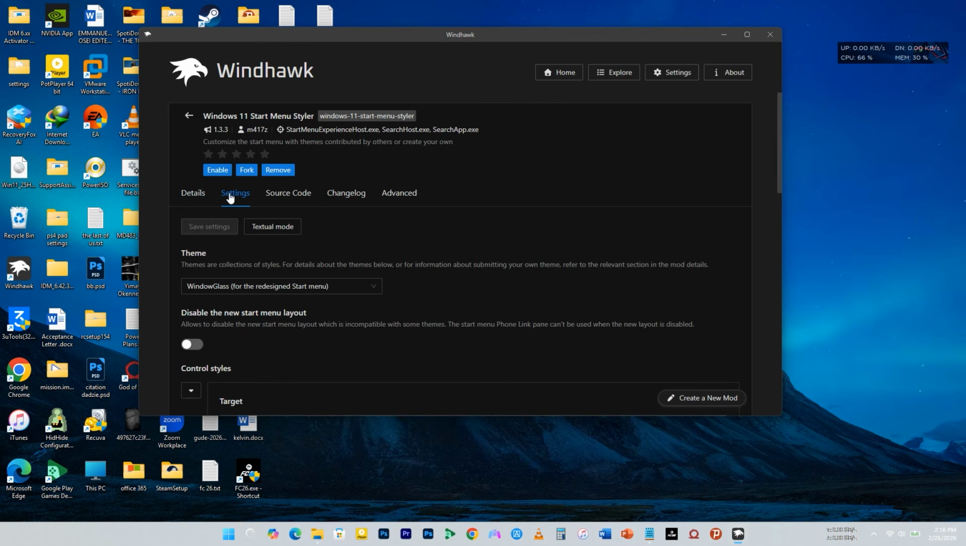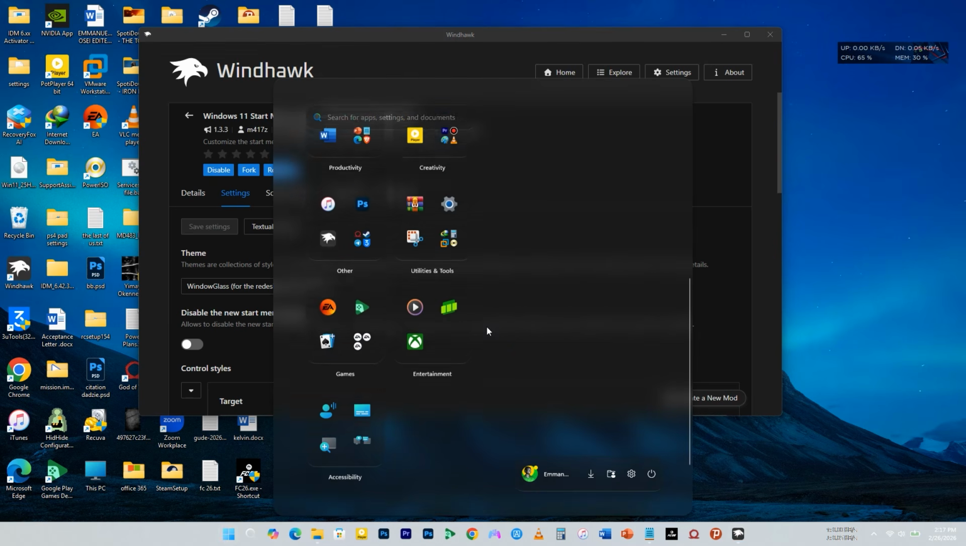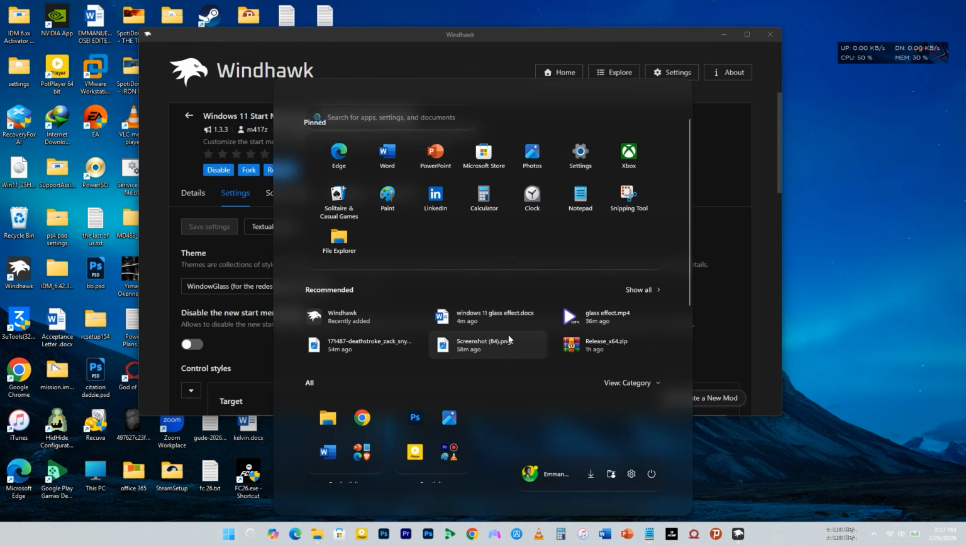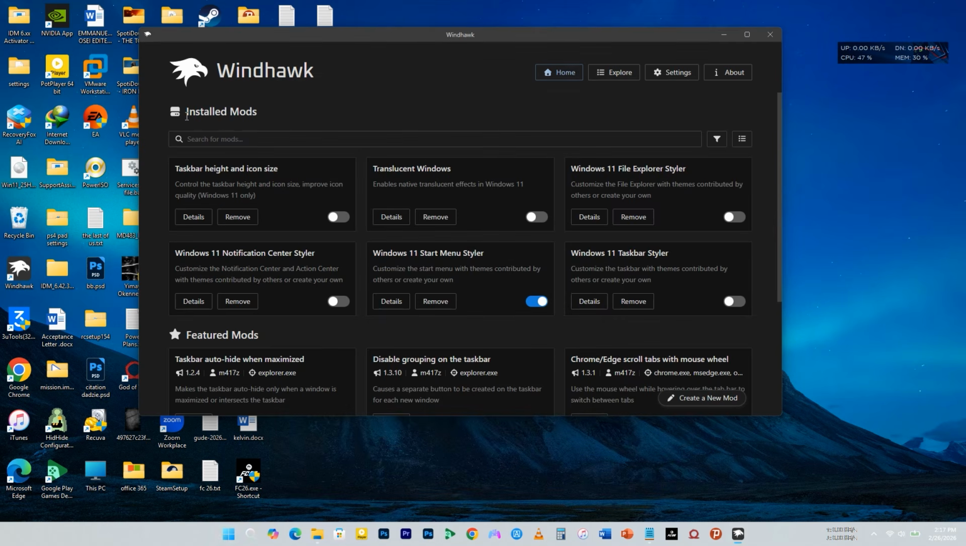Once you install it, go to Settings, scroll down and select Windows Glass. Click on Save Settings. I've already done that. I'll go ahead and click on Enable. If you click on the Start menu, you can see the glass-like effect being displayed. That's really great. Now, the next thing we are going to do is to apply the transparency effect on the